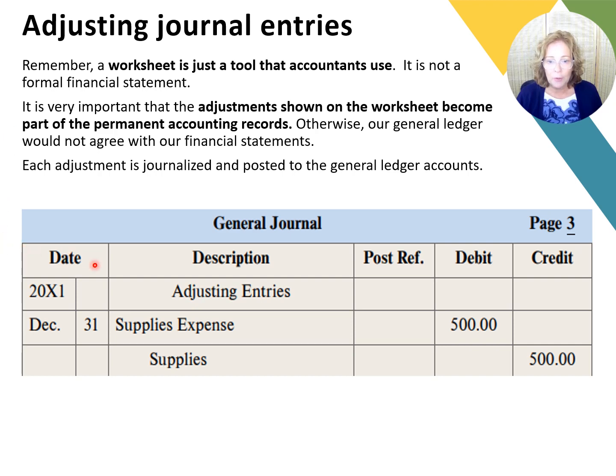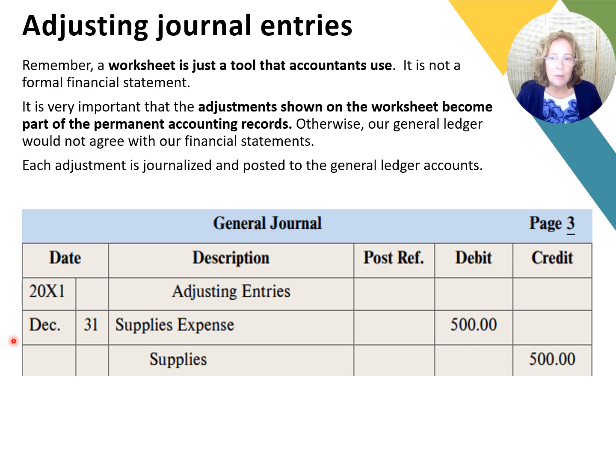First, we'll write the header adjusting entries into the description column. And in most companies, there will be a special journal entry type that you use to record the adjusting entries in the accounting software. Why? So that the system knows to put the adjusting journal entries into the adjustment columns of the worksheet. On the next line, we'll start with the first adjusting journal entry.